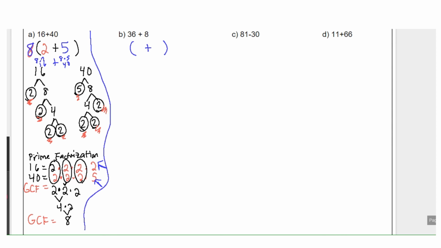I'm going to use prime factorization. So I'm going to do the prime factorization for 36. I know 6 times 6 is 36. Both of these are composite numbers, so I'm going to draw my branches. And then I know 3 times 2 is 6. Both of these are prime, so I'm going to circle them. And then 3 times 2 is 6, so I'm going to circle those because they're prime. So the prime factorization